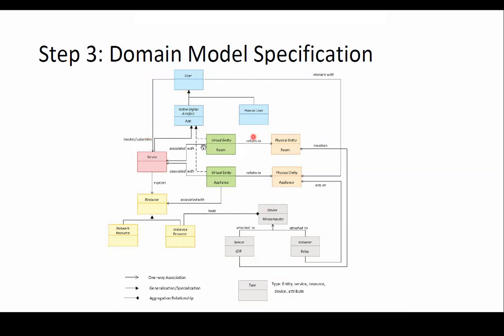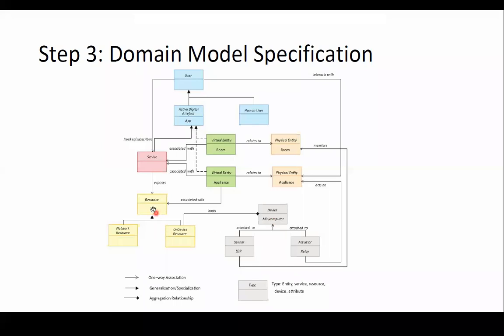Let's say we will start with your application. So these are various resources. If you are accessing through a network resource, then what will happen? The resources will be used for various services, and those resources will again be used for different devices. The device can be your mini computer. Various sensors and actuators are going to connect with the mini computer. Let's say there will be an LDR sensor, or some relay actuators that can be used in your home automation application. These actuators and sensors can be treated as your IoT devices, and they are connected with your mini computer.